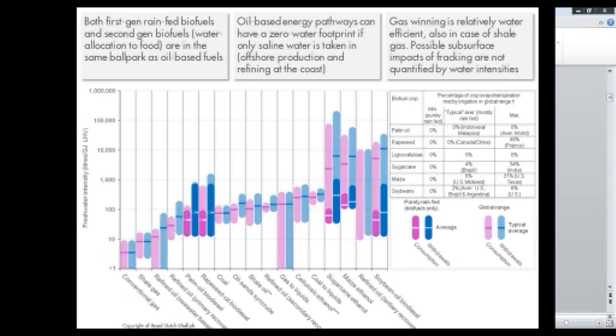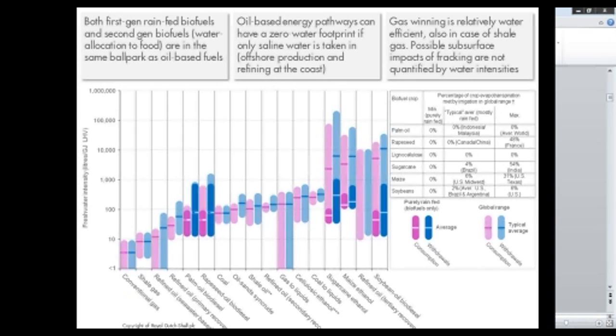And if you look at this picture, it's important to understand the axis. Well, the x-axis is clear. That's depicting, say, the energy pathways that we talk about. The y-axis is the freshwater intensity expressed in liters of water needed to produce a gigajoule of LHV, and the abbreviation LHV